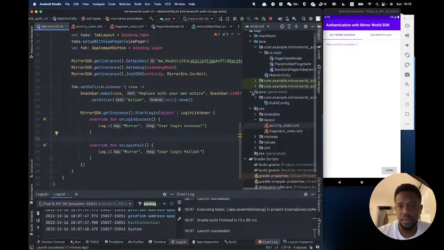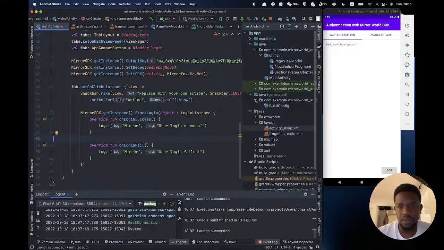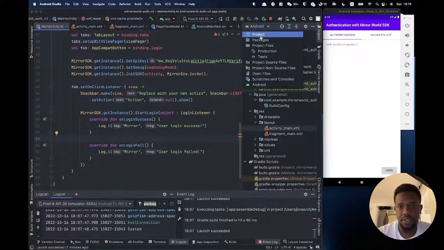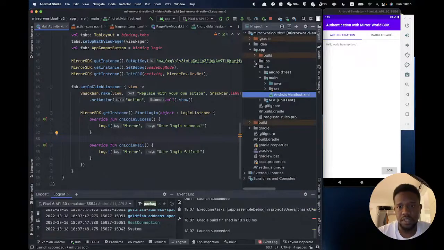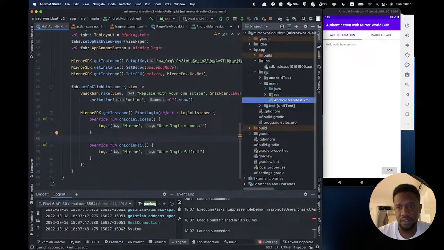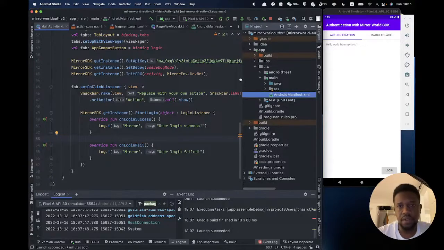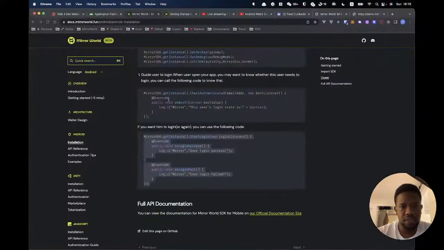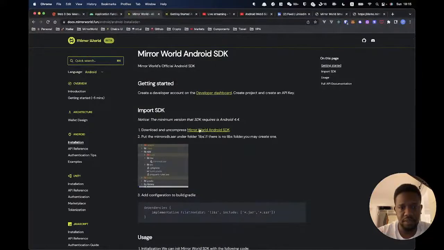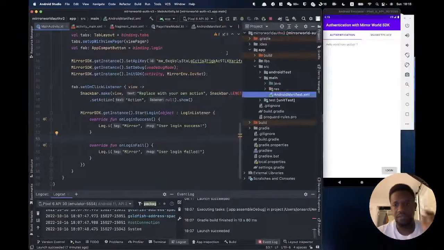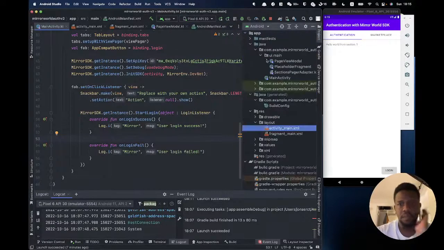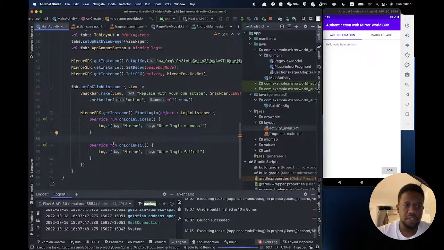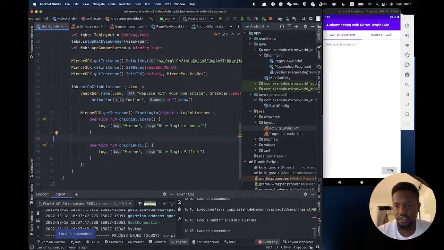Oh, and by the way, if you haven't watched already, we did set up our SDK to have some items in the library folder. So I'm just going to change this to project, and you can see inside the libs we have the SDK here. The SDK release is in here. So we downloaded that from the GitHub, which you will find in the instructions when getting started. Here, download, right? So that's the URL to download. So I'm just going to go back and change this mode to Android, and I will now rebuild this. And I think if I click this login button, with any luck, it should now